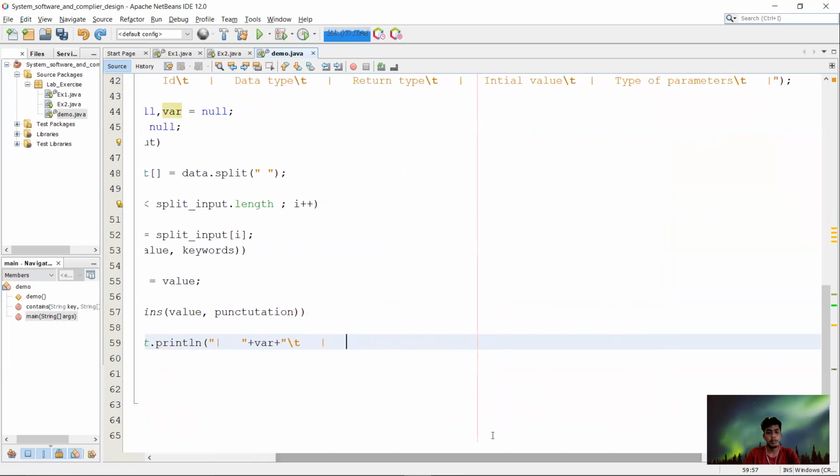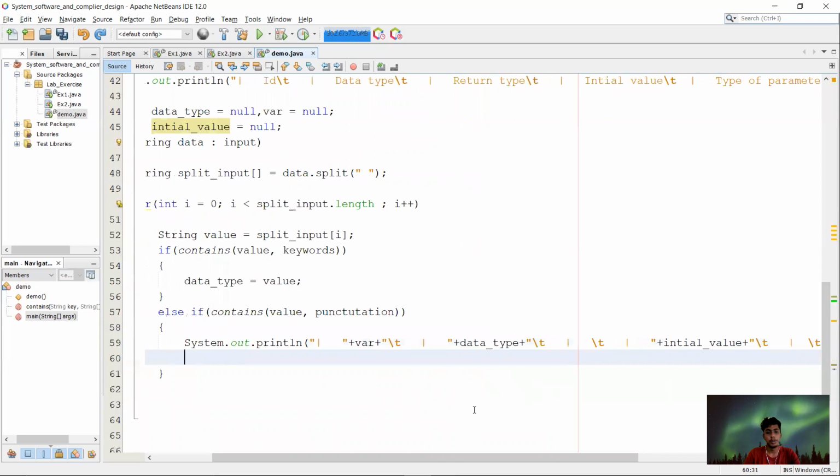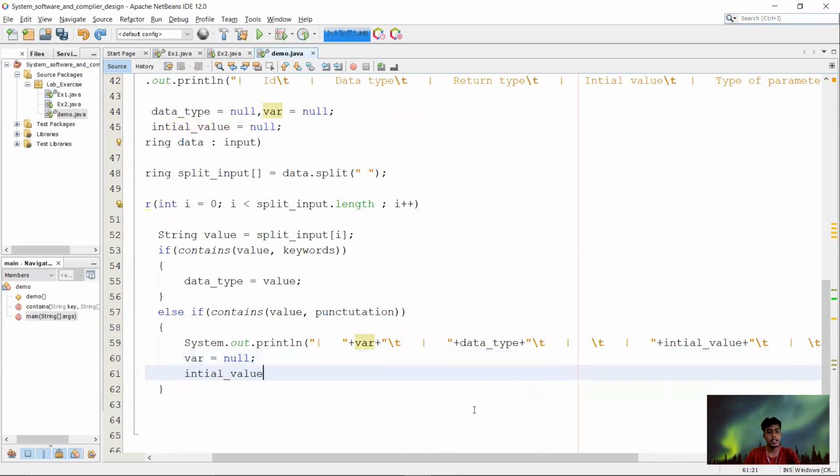That is the variable, afterwards data type. Next, I'm going to print the return type. It will be null, and the initial value, then parameters, number of parameters, will be null. Next it will be return type. That's what I'm going to print, and I will make the variable equal to null and initial value equal to null.